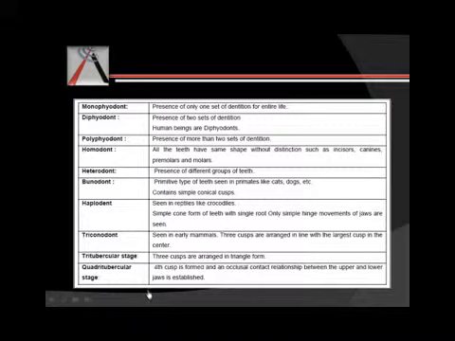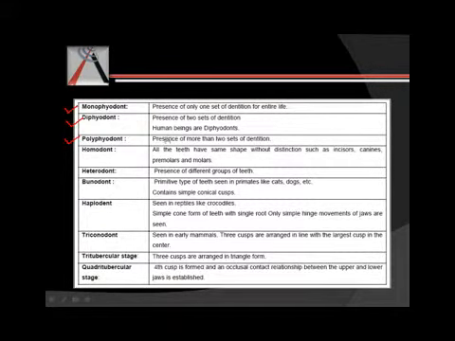We have some terms to understand. They're very simple terms. Then we have monophyodont. Monophyodont, the word means there is only one set of dentition for the entire life. So once a tooth erupts, it does not shed. It is supposed to remain in the mouth throughout life. That is monophyodont. Then we have diphyodont. That is wherein we have two sets of dentition, one being the primary and then the secondary set of dentition. That is typical of human beings. We have the primary teeth, then we have the permanent teeth. So we have two sets of dentition.